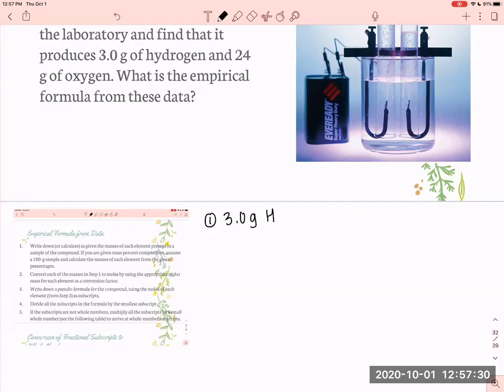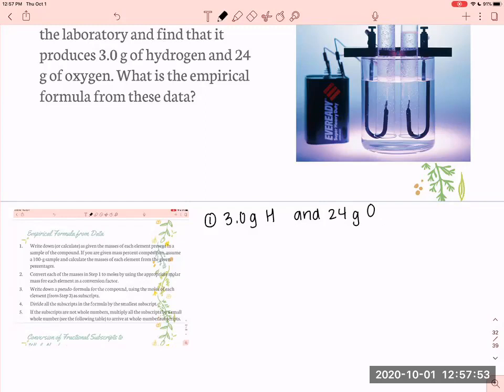I'm not going to say H2. I know it is H2, but we're talking simply about the element, not the molecule. We're just breaking it into elemental pieces here. And 24 grams of oxygen, just O. I know that may seem a little weird to you if you're good on your diatomics, but that's how we're going to break it down, just elementally here,